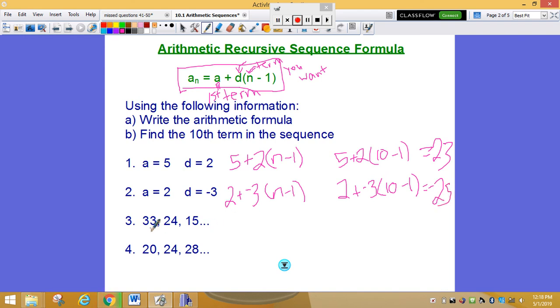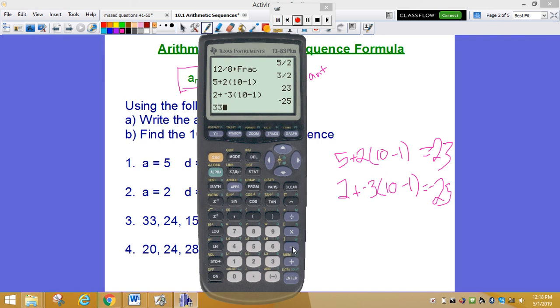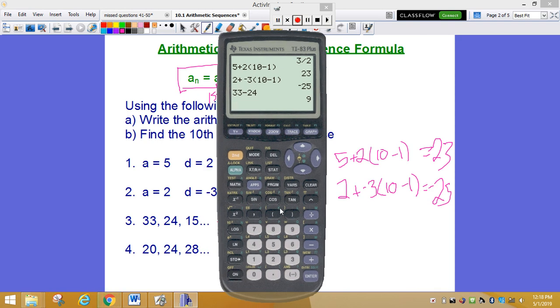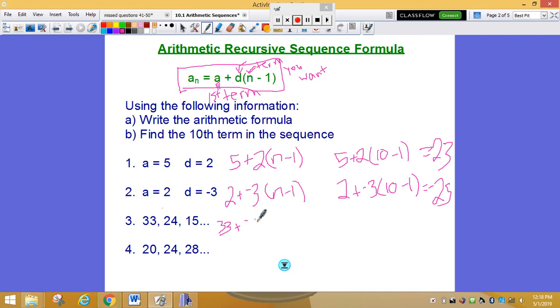All right, let's do this. My first term is 33 plus, let's figure out what I'm changing by. To get from 33 to 24, I'm going down by 9. Let's just double check. From 24 to 15, I'm going down by 9. So my D is -9,